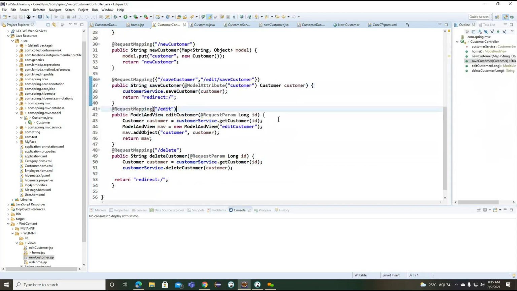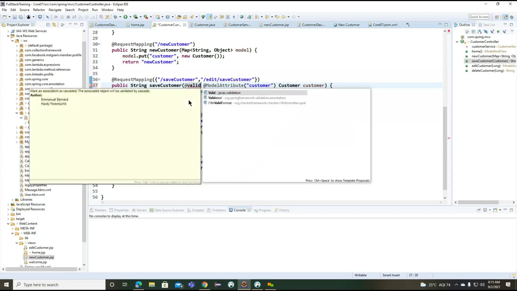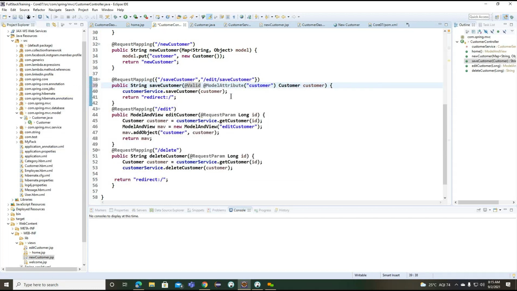In our customer controller, valid annotation here, and binding result.